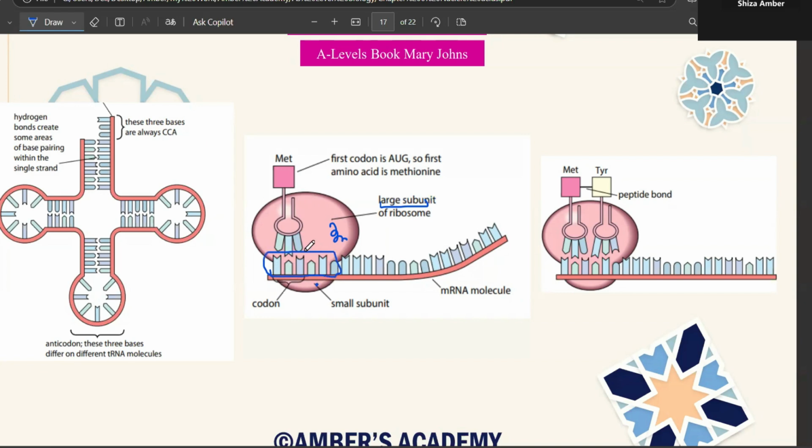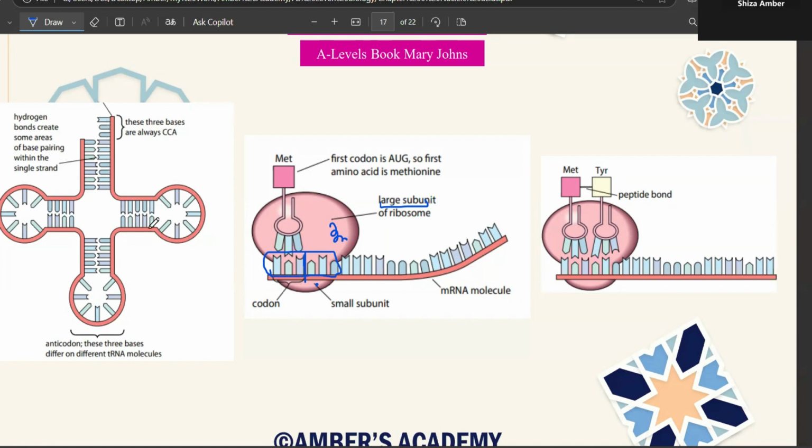So we know three are going to bind with one another. I said the triplet code is there now. So the triplet code is always going to have 3 bases, but at the same time, 6 bases of mRNA are going to be exposed to the large subunit.